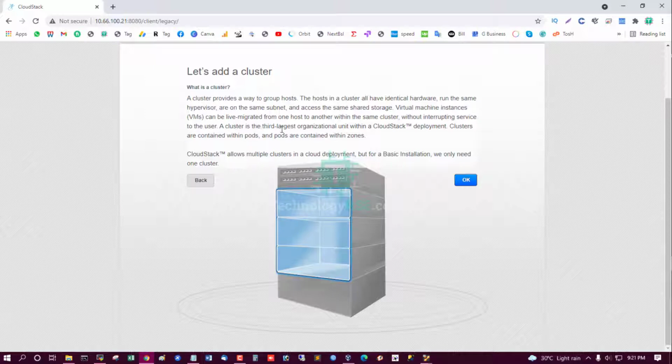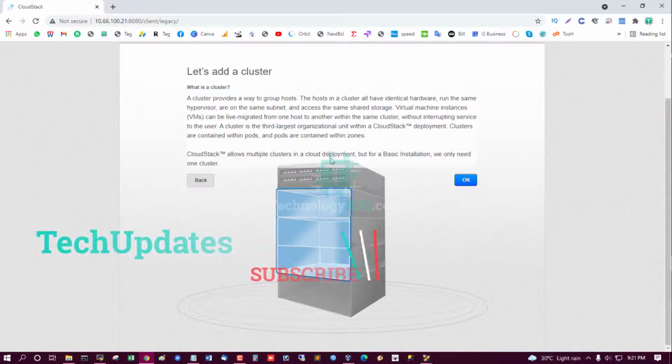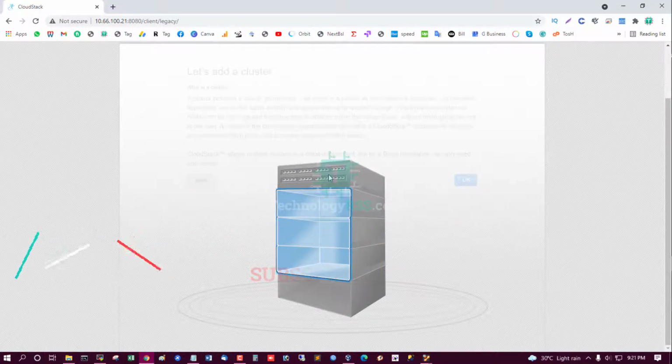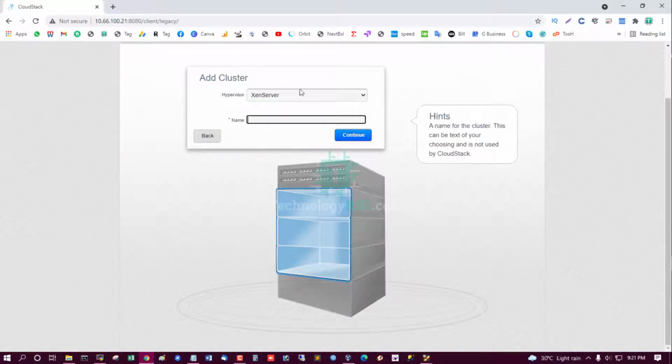A cluster is the third largest organizational unit within a CloudStack deployment. Clusters are contained within pods and pods are contained within zones. CloudStack allows multiple clusters in a cloud deployment, but for a basic installation we only need one cluster. So click continue, add a cluster.